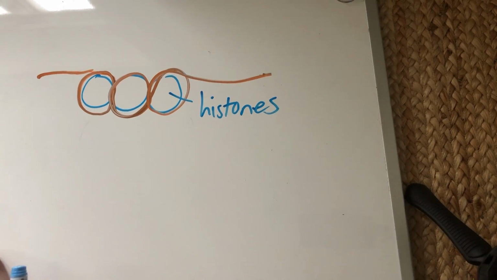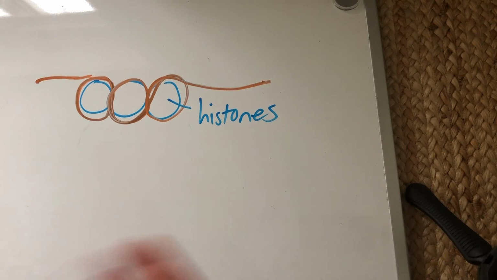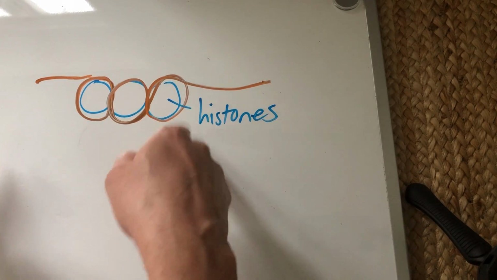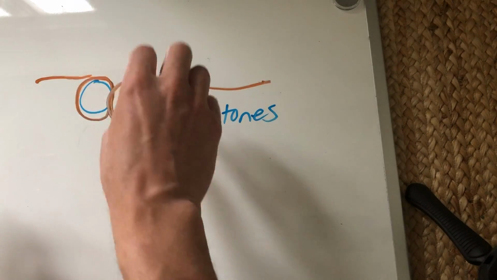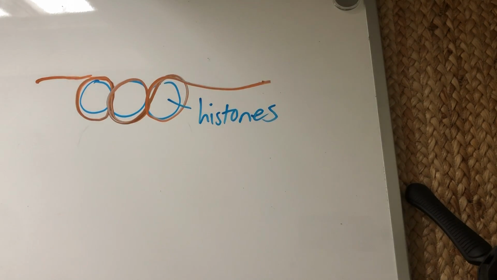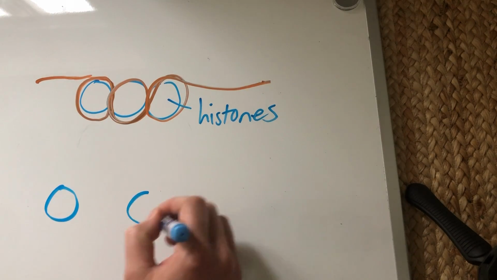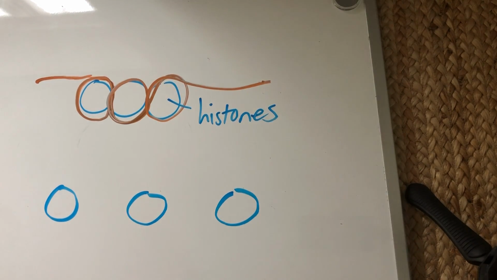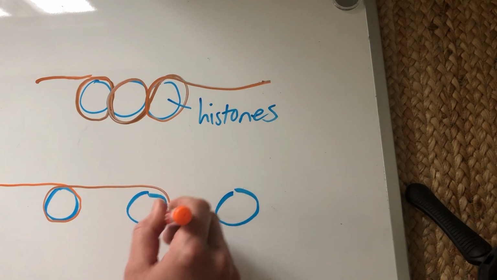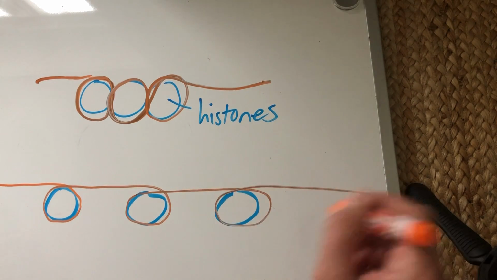So back to this more simple drawing, what we're going to learn, actually this is a really simple concept. If the histones are close together, the gene can't be read. It's too tightly coiled around these things. RNA polymerase cannot do transcription here. When the histones move farther apart from each other and the DNA gets sort of spread out more like this,